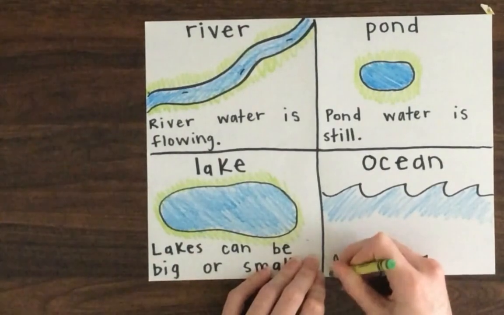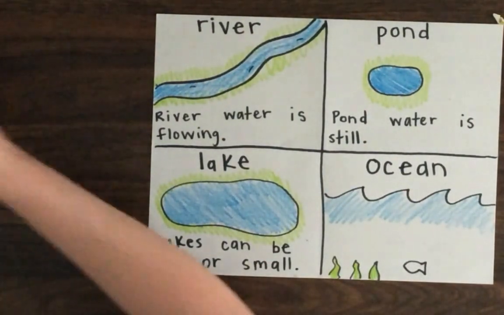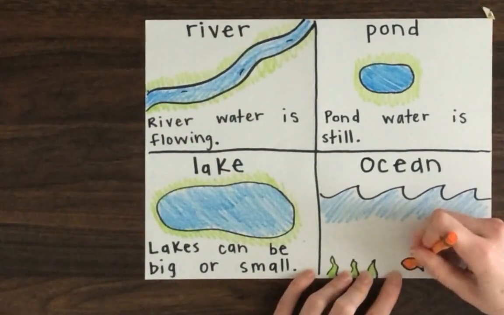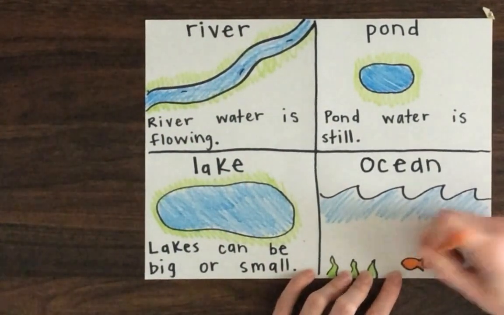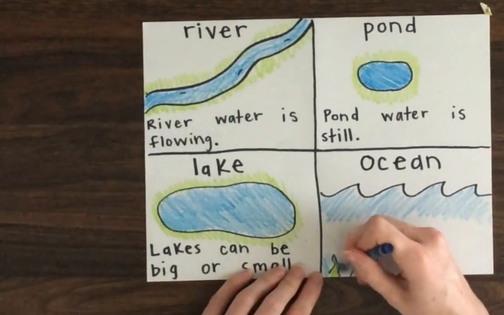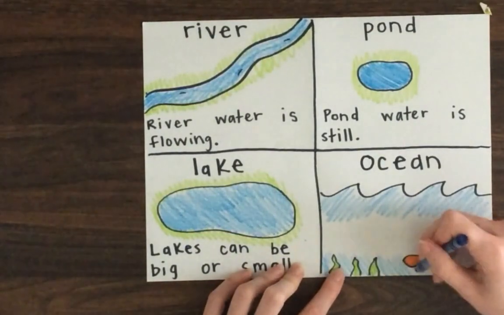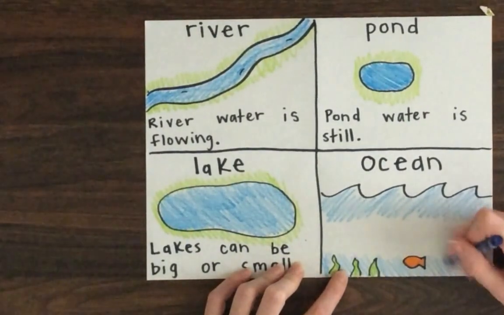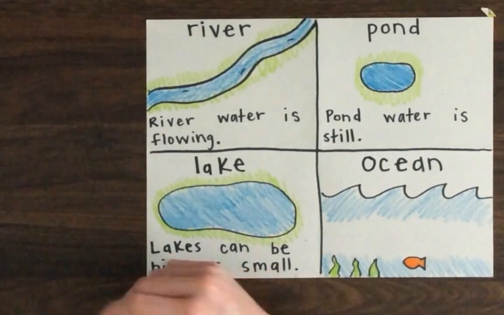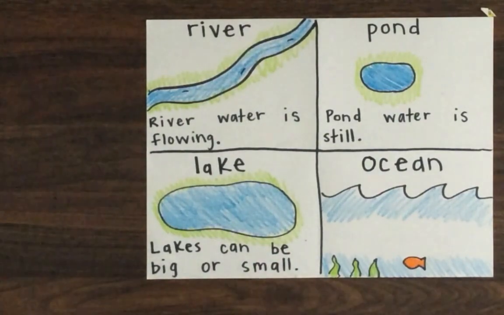There are a lot of amazing things that live in the ocean. Sharks, dolphins, whales, octopus. And oceans are really big and they can go really deep. And we know that ocean water is salt water. It's not really great for us to drink it. If you've ever been to the beach and you accidentally got some in your mouth, you know, it tastes very salty. So I'm going to write,